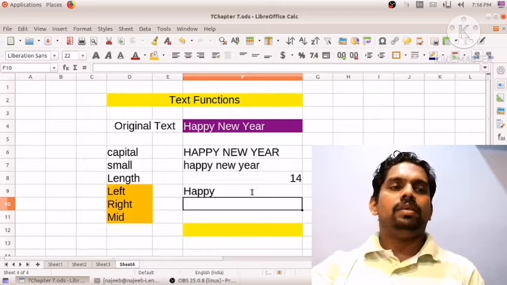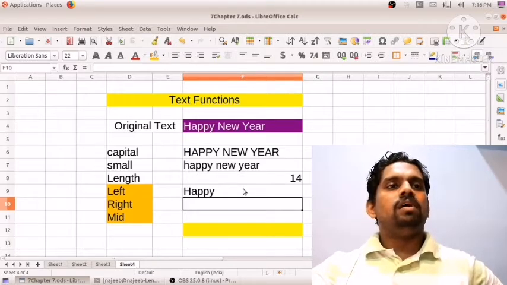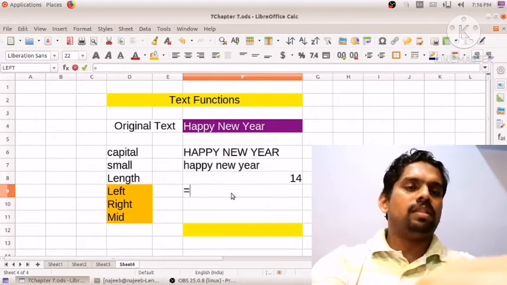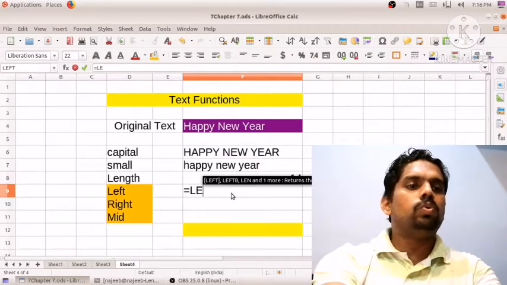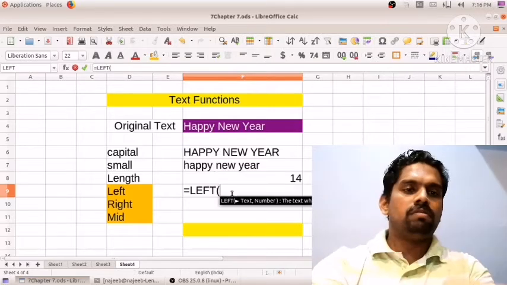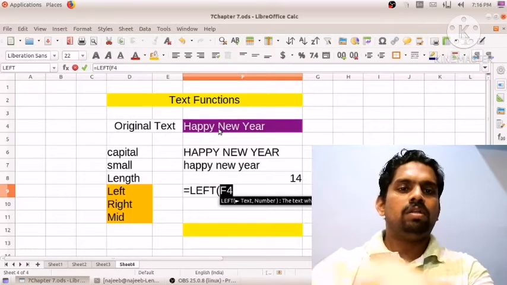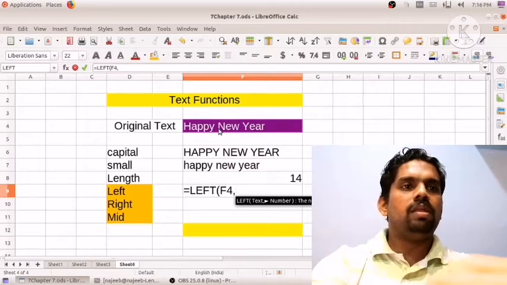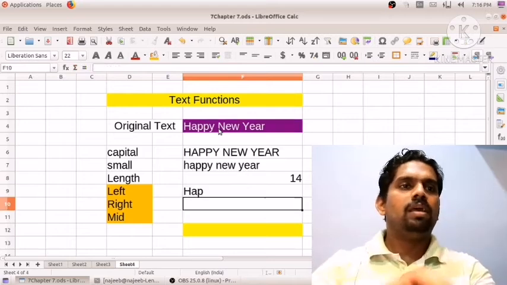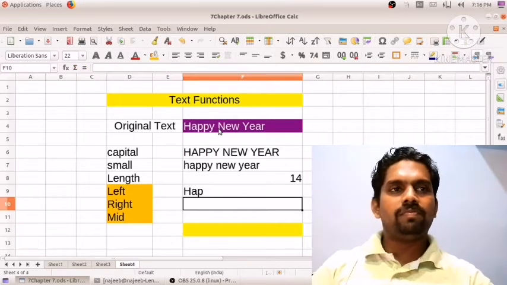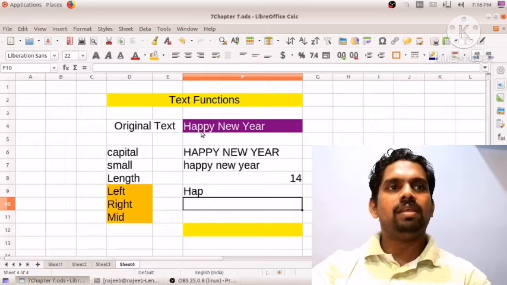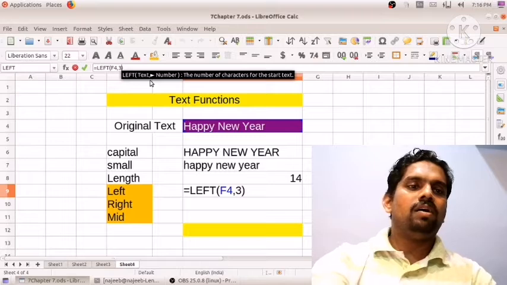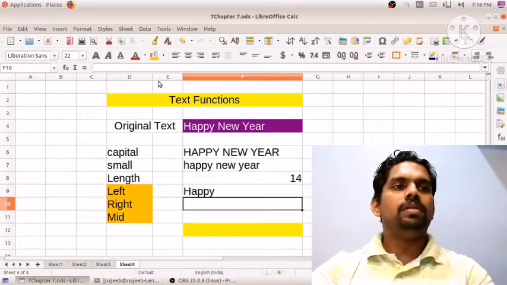Next, if we want to use another number, like equal to left, then giving this F4, then comma, then I am giving 3 letters. It will display HAP, that is from the left, 3 letters. Instead of that 3, we can use 5, then Happy will be displayed.